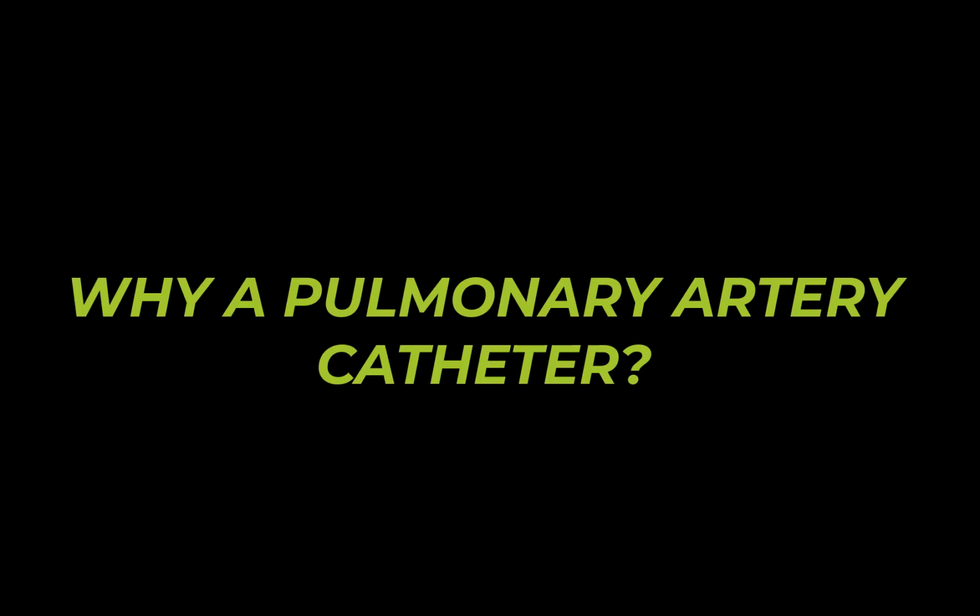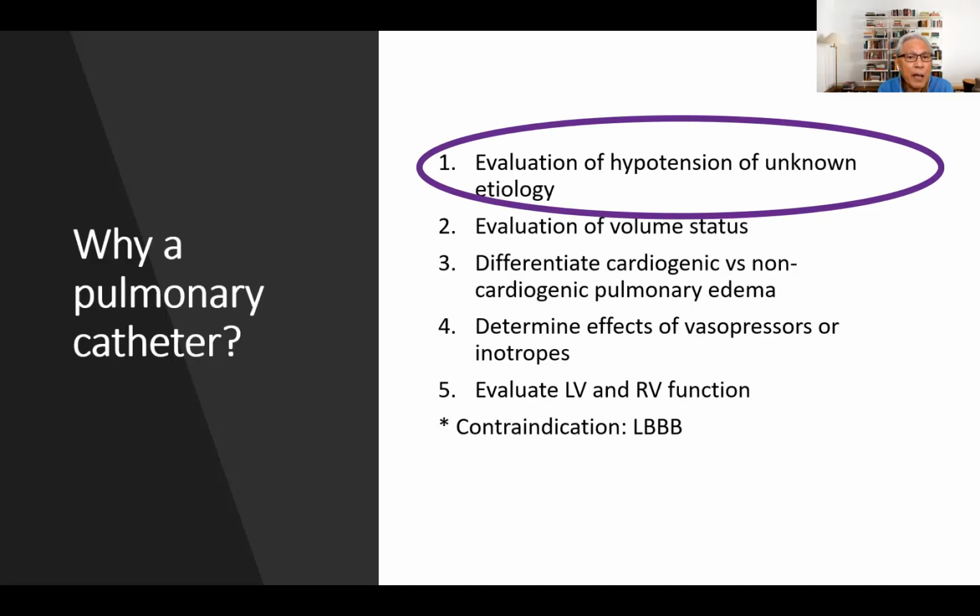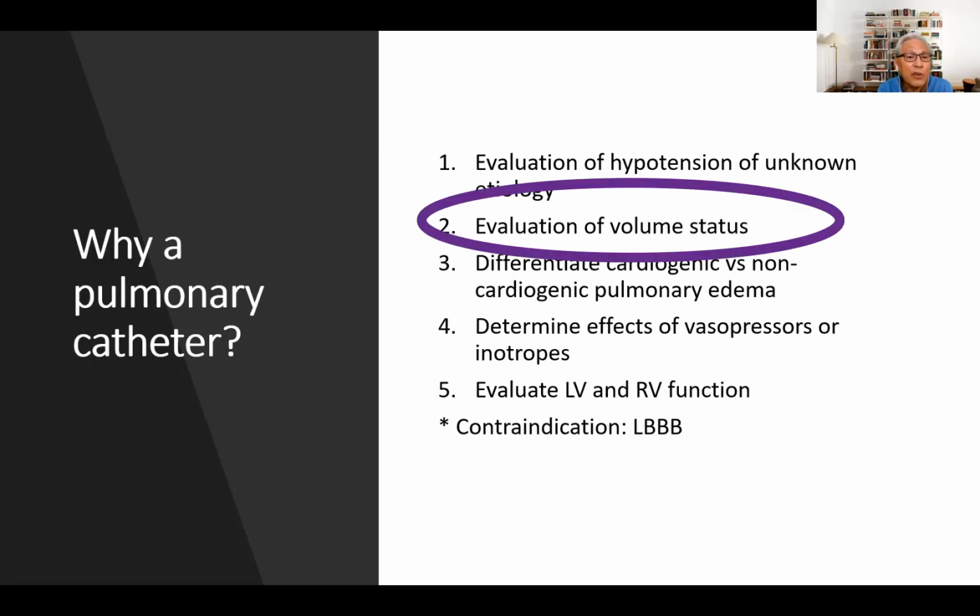What are the reasons for a pulmonary artery catheter? One is to evaluate hypotension. When the origin or the etiology of the hypotension is not known, then this is a good way to determine what is going on in the cardiovascular system. It is also a very good way to measure or evaluate volume status, and therefore it guides us with fluid